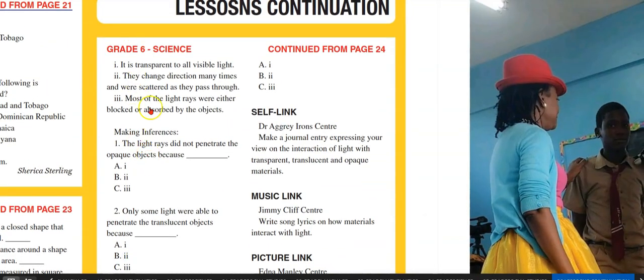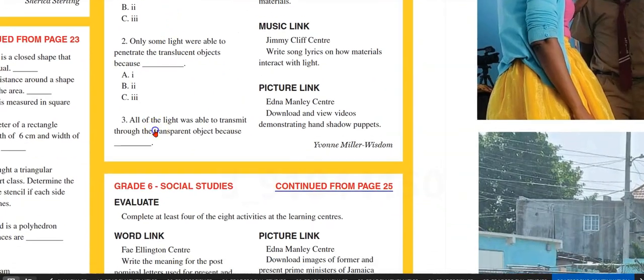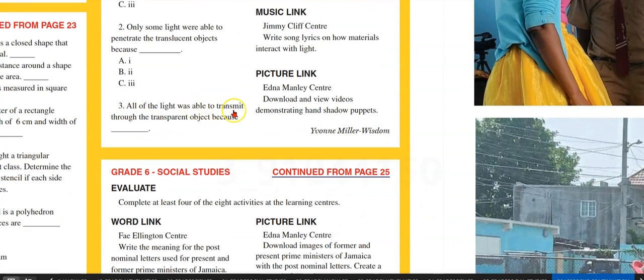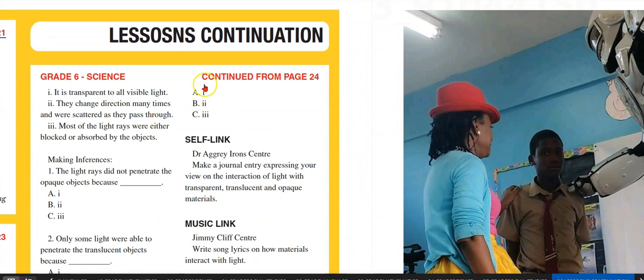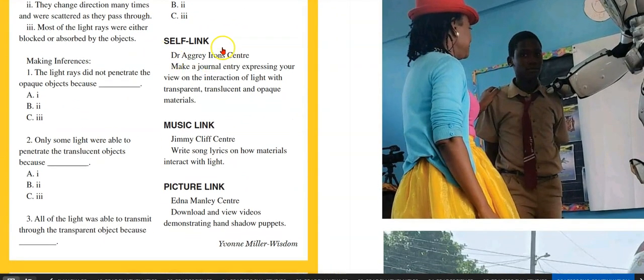So go back and look at these statements. All of the light was transmitted through transparent objects because 1, 2, or 3. The self-link now from the Dr. Agri Irons Center. Make a journal entry expressing your views on the interaction of light with transparent, translucent, and opaque